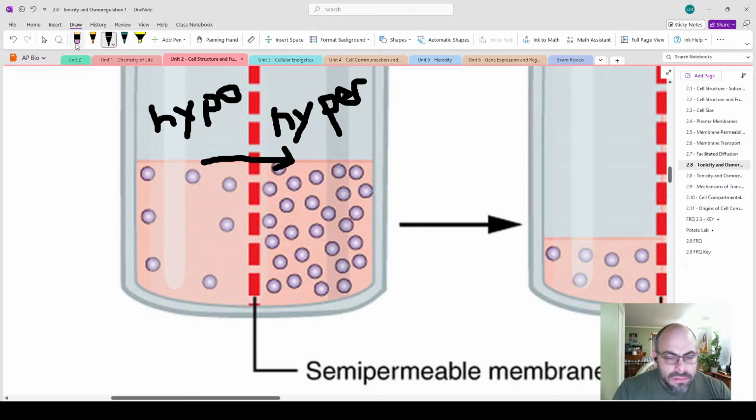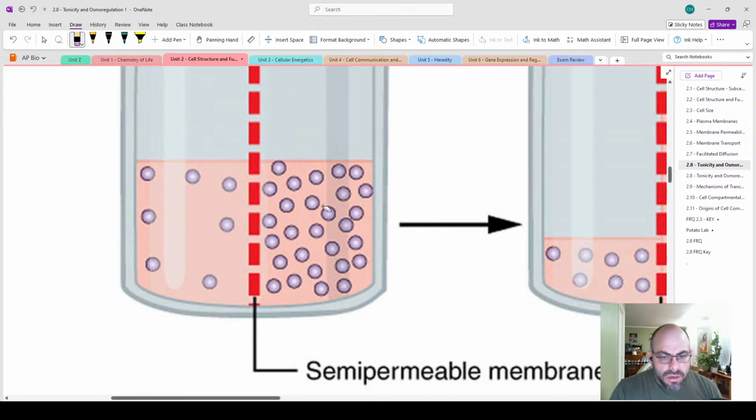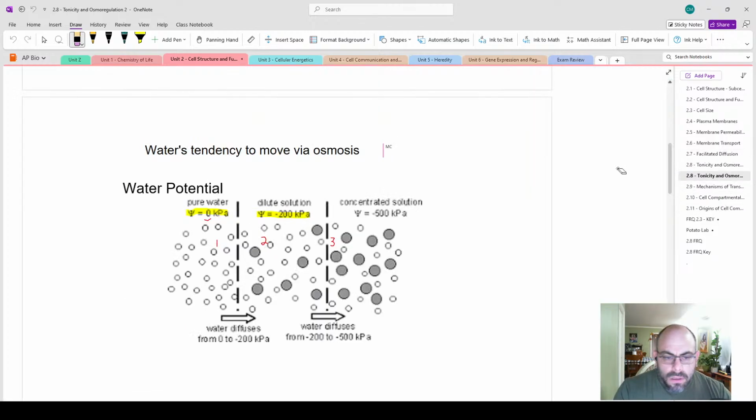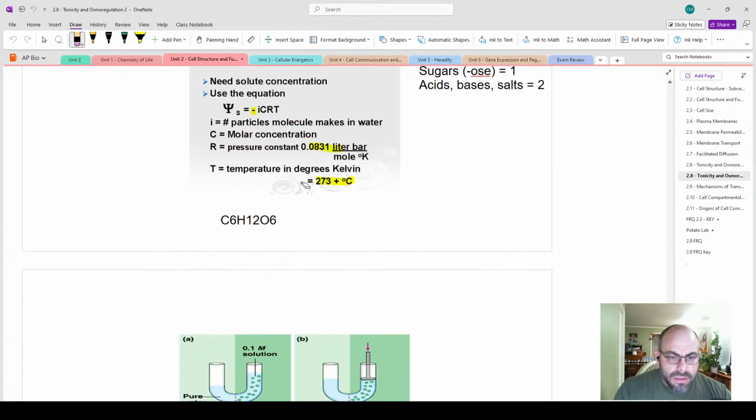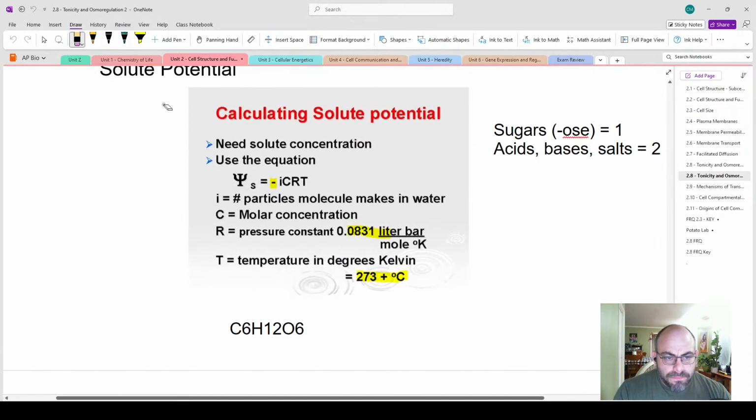And so what is causing that water to move? Right? What is causing the water to move? It's the fact that there's more solute over here. Right? And so the presence of solute is creating the potential for water to move. It is creating the potential for water to move because water moves from hypo to hyper. So keep that in mind, right? So when we talk about solute potential,